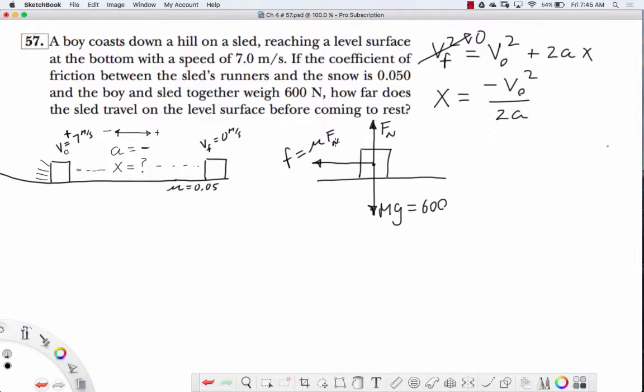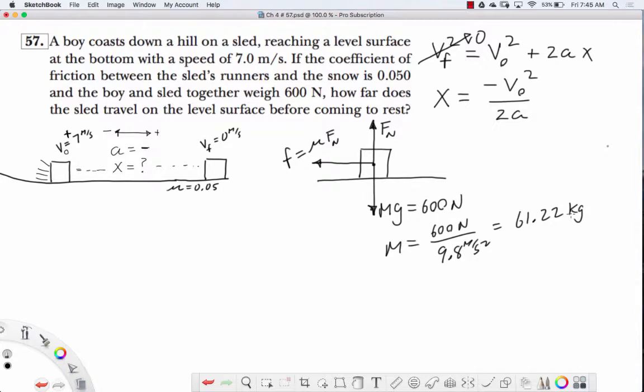Now, at this point, let's solve for the mass of the block, because we're going to need the mass of the block when we sum the forces. They tell us in the problem that the boy and the sled together weigh 600 newtons. Is that the mass? No, that's the weight. And weight equals mg, right? Weight equals mass times gravity, which is equal to 600. So if mg equals 600, what's m going to equal? 600 over g, where g is 9.8 meters per second squared,